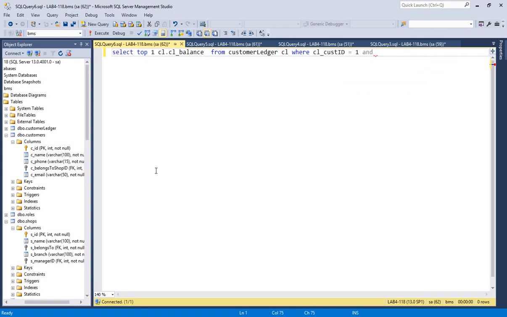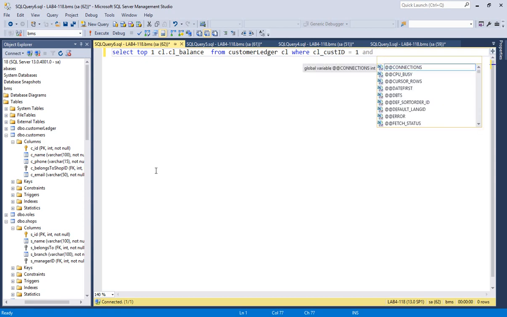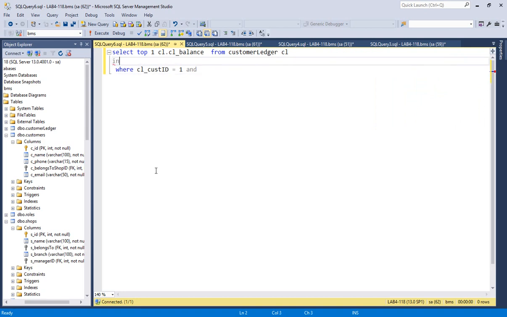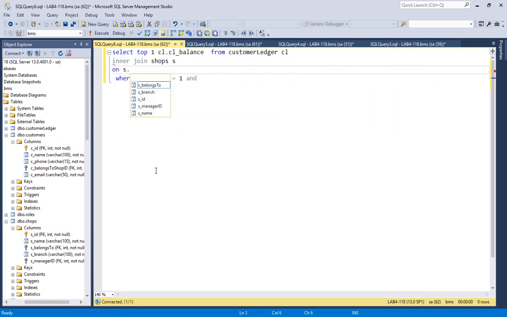with respect to that customer ID you have to specify. Can you specify the shop ID here? Let me think for that. Shop IDs should be there. The one particular customer can belong to that particular shop. Okay, so it's better to add the shop ID also. It's worthwhile. Okay, so what you can do here, CL dot, do we have the, okay, we have to make then an inner join with the shop. So inner join shops s on s dot